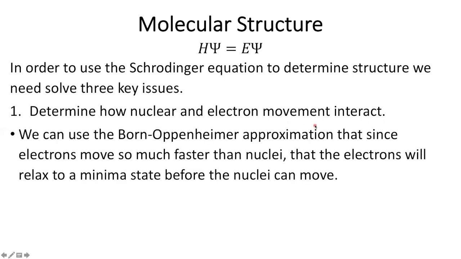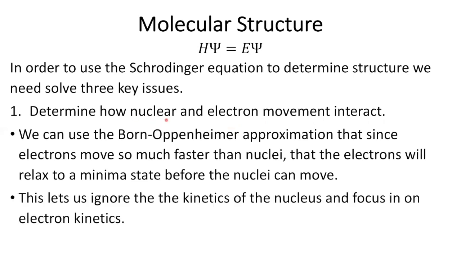But we can use Born-Oppenheimer, which says that these two movements are going to be separable. I can solve the electronic movement first and then the nuclear movement. So being able to break this problem in two is going to be a huge help, especially because we've already addressed one component of nuclear energy, which is this simple fact that we can also ignore the kinetics of the nucleus and focus on the electron simply because the kinetic energy of the nuclei is so low relative to the kinetic energy of the electrons, which was, again, an important idea we brought up when we first started looking at